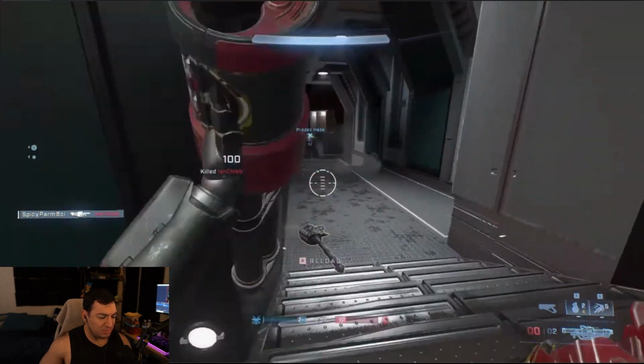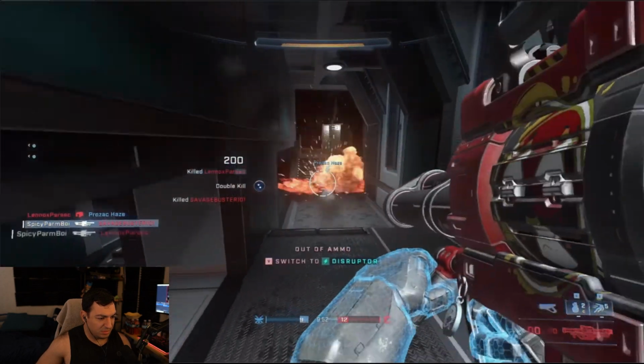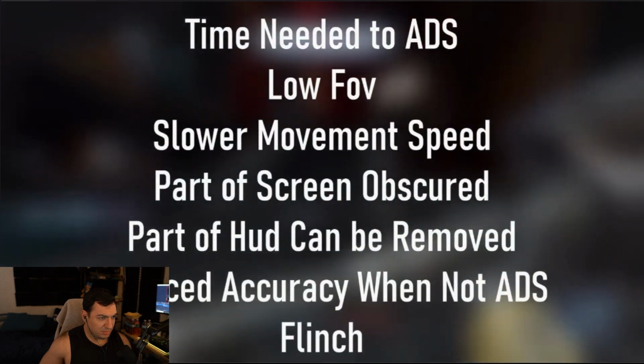It's like they're trying to have their feet in both worlds. I think 343 recognized that aim down sights doesn't really work with the Halo style of gameplay. Hence why it doesn't have most of the penalties that...